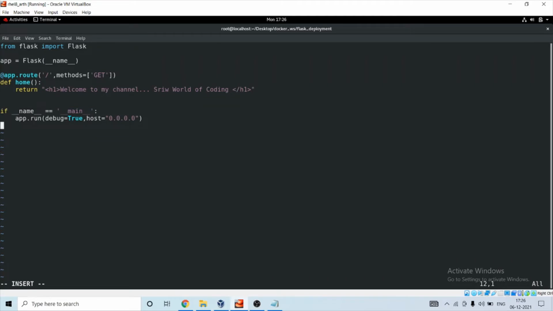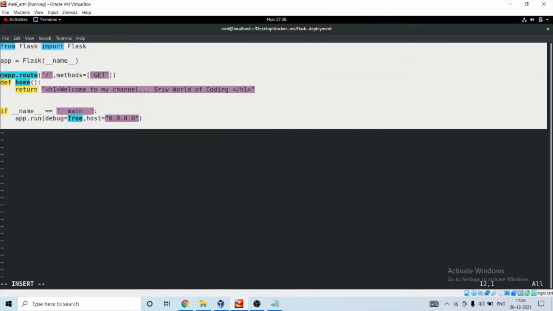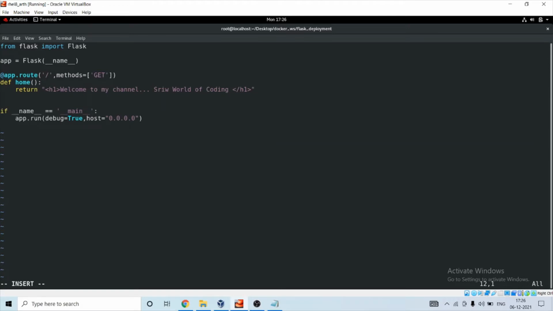Those who are familiar with Flask will find all these lines pretty easy. Whenever the URL / is called, this will be returned. We are running our host on 0.0.0.0 with debug as true. So let's save it.